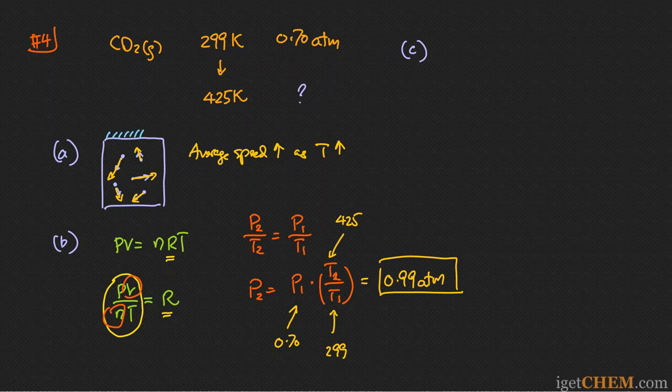So these walls are suffering collisions with the gas particles. So as the gas particles are traveling faster, the pressure that is being exerted on the walls from the gas particles is also increasing. So as temperature goes up, the speed goes up, as we have said in part A, and as a result of that, the pressure goes up